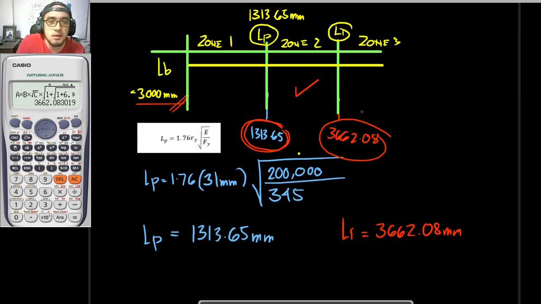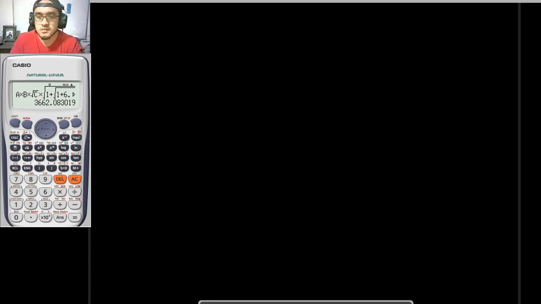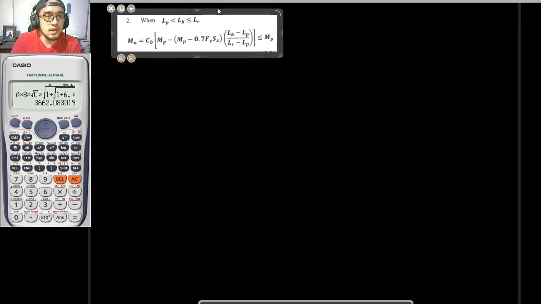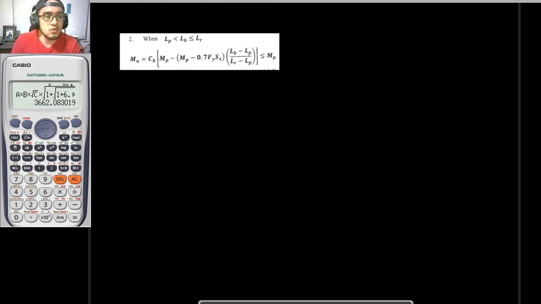If we consider our problem to be under zone 2, we would be using this equation right here. So this is for zone 2. Okay, I will just be writing this. So zone 2. This is actually in page 5-64, in the lower part, and that is equation 506.2-2. So for us to get the value of Mn for the second problem,